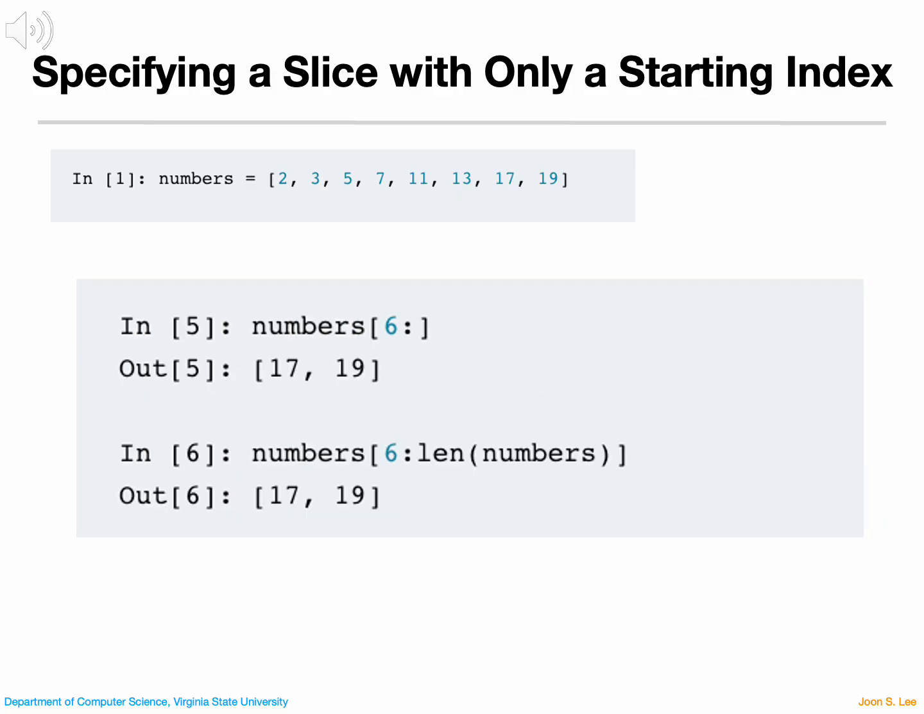When the ending index is omitted, Python automatically goes all the way to the end of the sequence. So when we write numbers[6:], it means start at index 6 and continue to the end of the list. That's why this gives us 17 and 19. This is the same as writing numbers[6:len(numbers)], but the shorter version is much cleaner and easier to read. This shorthand is very useful when you want everything from a certain point to the end